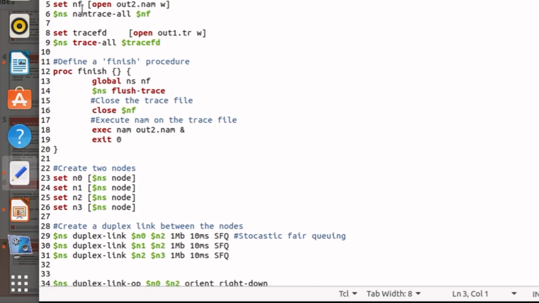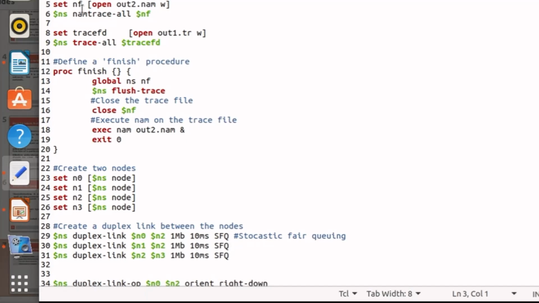Now I told you earlier there are two main output files of NS2. What are those output files? One is the network animator file and the other is the trace file.